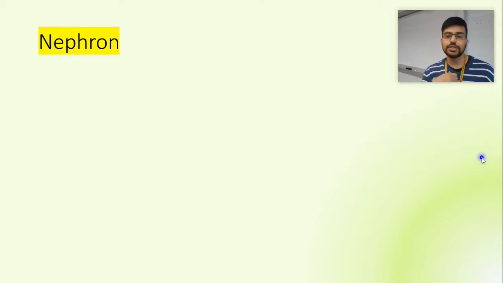Okay, that brings us to the functional unit of the kidney. This is going to be called the nephron. I'm going to pause here, though. We are going through a lot of content, so we'll pause here and I'll pick up on things in the next section where I will start and describe the nephron for you.